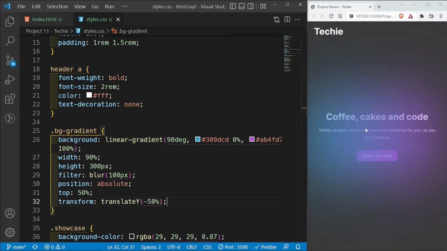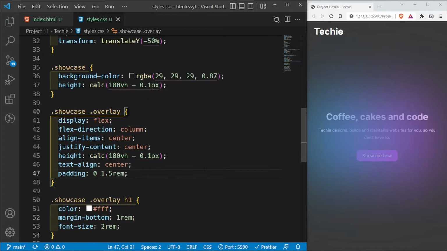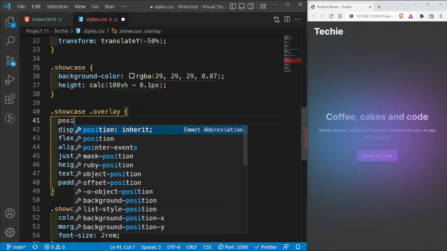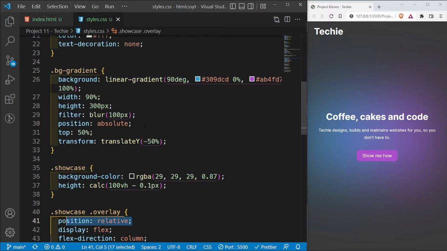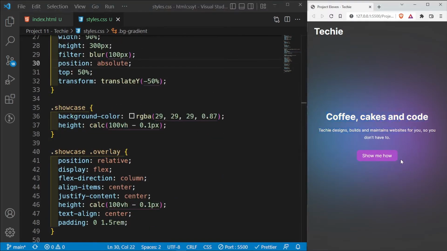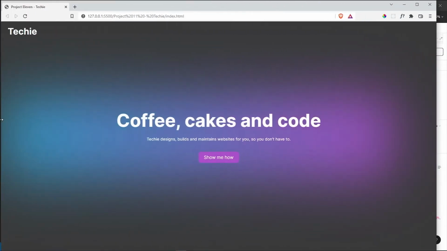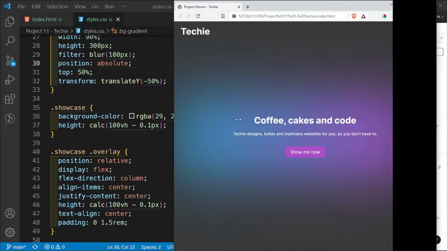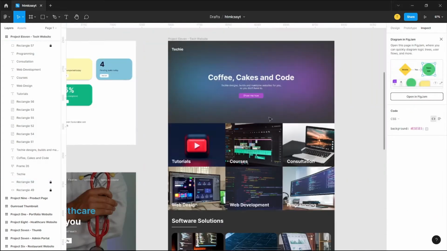And there we go. So technically it's now on top of this, but we want the showcase to be above it. So we can do that by going inside the showcase here, inside the overlay, and setting the overlay to position relative. Relative positioning has a higher z-index than absolute positioning, so this is moved closer to the user, and we have that as our gradient, and we can scale it up, and this is what we're going to have. Would you look at that? Looking amazing. Okay, and then now let's go ahead and create our next section, which is going to be these